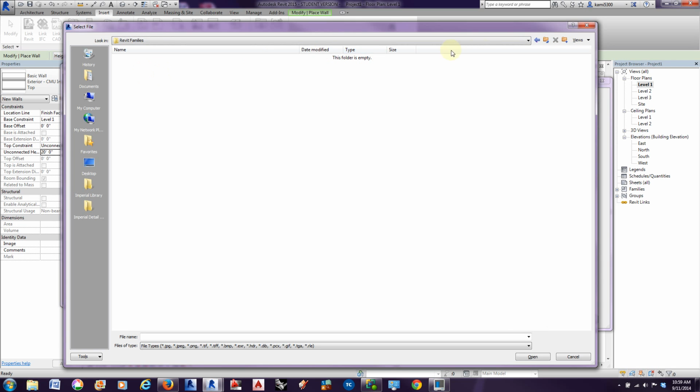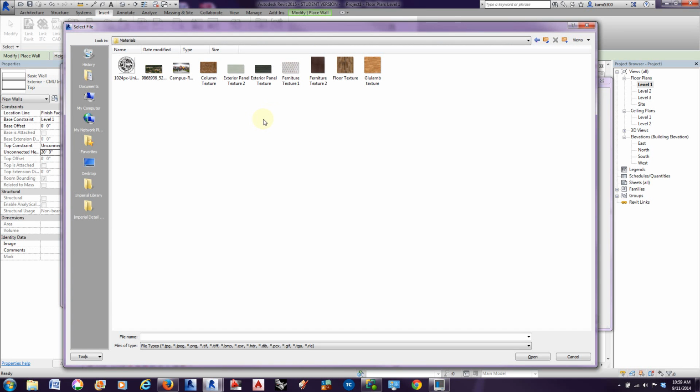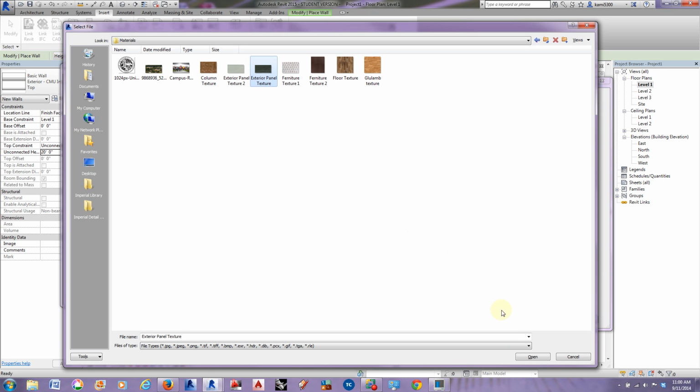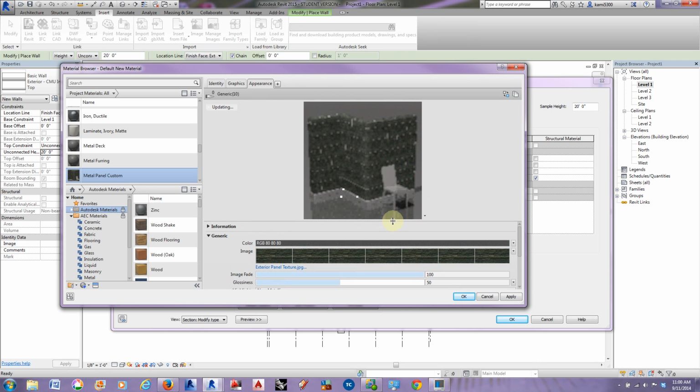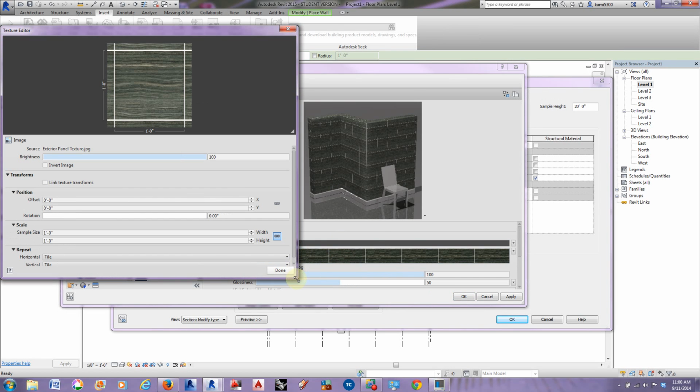I'm going to open up materials, and I'm going to go through the thumbnails here, and I'm going to pick this exterior panel that I've already custom created. You can use the light panel or the dark panel, it doesn't matter. I'm going to select open. And the goal of this is to create a 4x8 pattern. If I expand this up right now, you can see my pattern is really small. And so I'm going to click on the image itself,